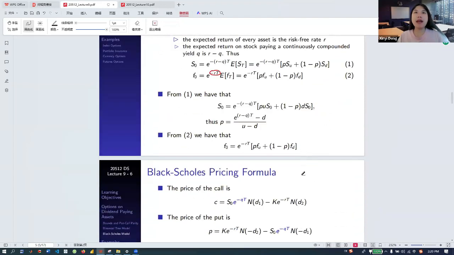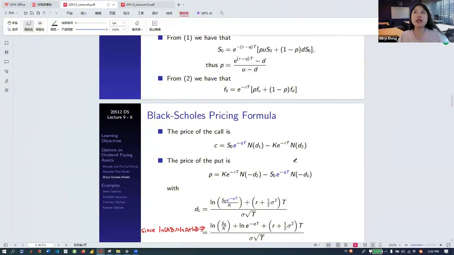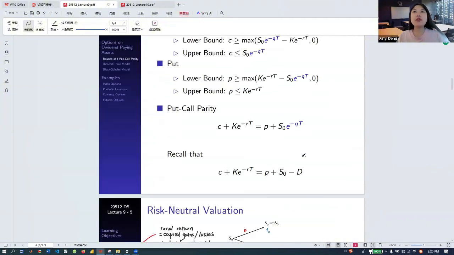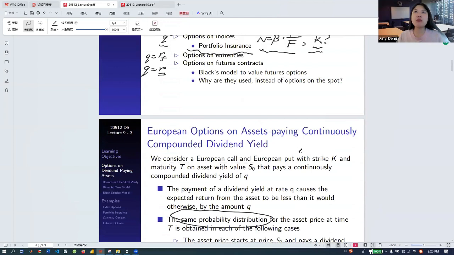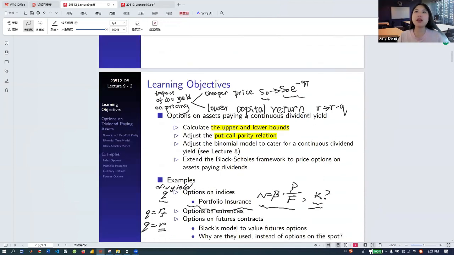So in the Black-Scholes model, we are using the first intuition. For the binomial tree, we are using the second intuition here. So basically you just go with a realistic scenario where the spot price just starts with